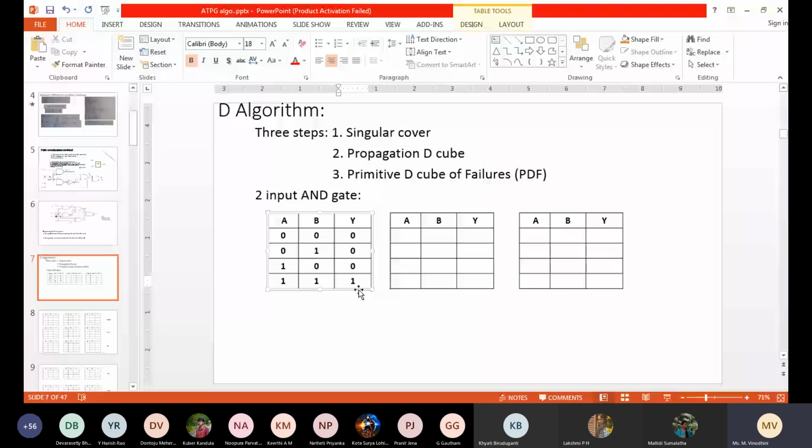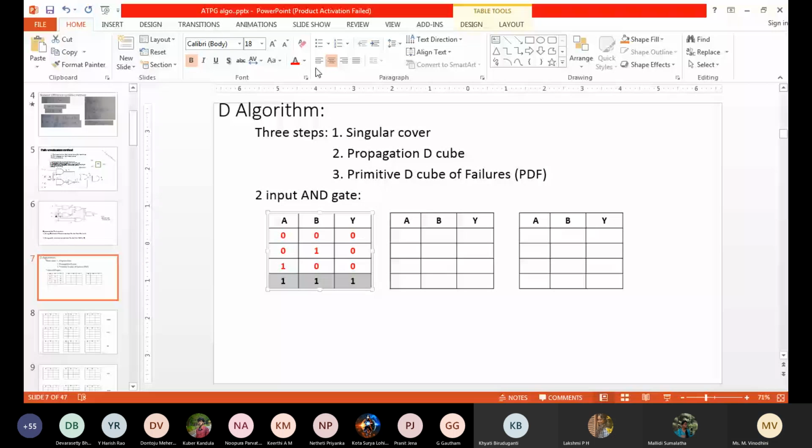Okay, next. If I split it into 2 groups, one group will have these 3 things. Let me highlight it with red color. This is another group with output 1. Let me highlight this with green color. So green is one group, red is another group. Now within the red color, where I have the maximum